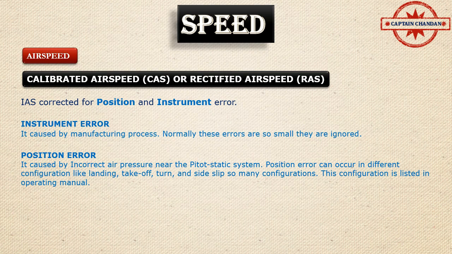Position error can occur in different configurations, for example, for landing, takeoff, turn and side slip. These configurations are listed in the operating manual. Rectified airspeed equals true airspeed in calibration condition, and the calibration condition of the instrument occurs at sea level, that is